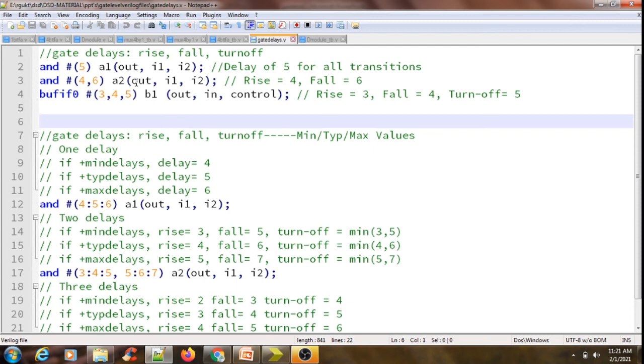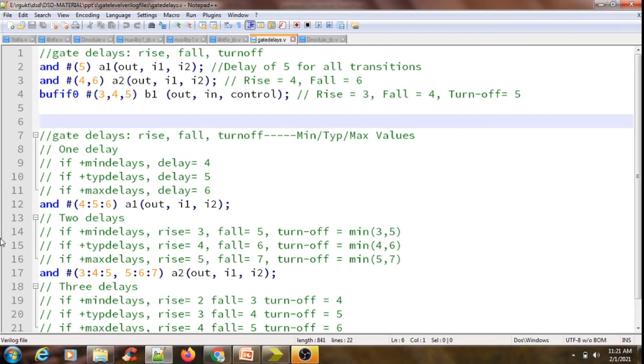So for example, a train journey from Hyderabad to Basar typically consumes 4.5 hours. For the same journey, the minimum time required to travel from Hyderabad to Basar is 4 hours. That means here the minimum time is 4 hours, the typical time is 4.5 hours, and the maximum time is 5 hours. In this way, I can give an example.